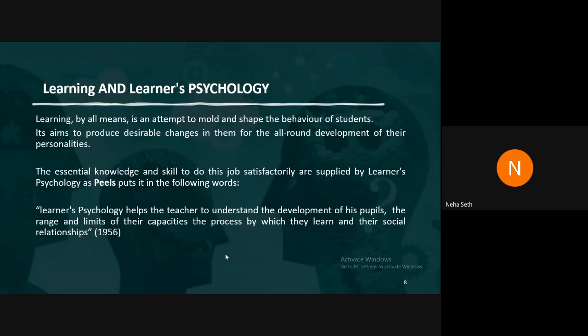It is not only about managing the class, but their social relationships should also be improved. It is not only that they should behave properly in class or learn their subjects well. As human beings, they also need to be really good at managing their social relationships. This is what we need to teach them. And please come to the next slide.